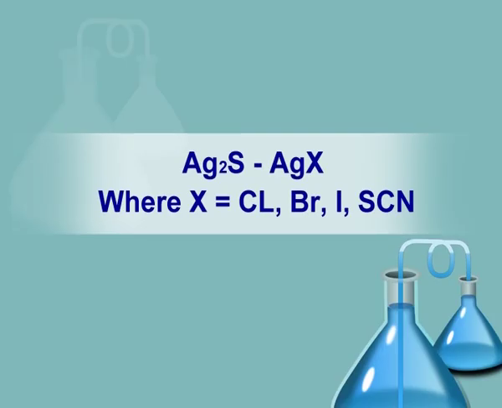Other useful solid-state electrodes are based on silver compounds, particularly silver sulfide. Silver sulfide is an ionic conductor in which silver ions are the mobile ions. Mixed pellets containing Ag2S and AgX, where X equals Cl, Br, I, SCN, have been successfully used for the determination of one of these particular anions. The behavior of these electrodes is basically determined by the solubility products involved.